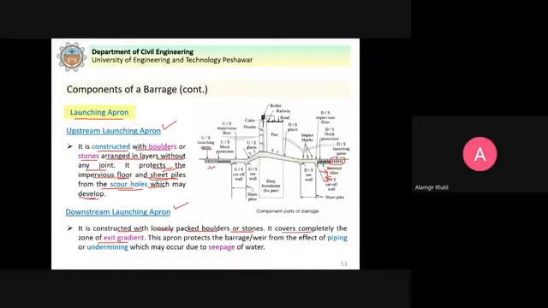I already explained that where the water will come out, we have to provide protection for a certain length so that the water does not take the soil along from this area, because ultimately it will pose a threat to the structure. So this apron protects the barrage weir from the effects of piping or undermining which may occur due to seepage. This I already explained.